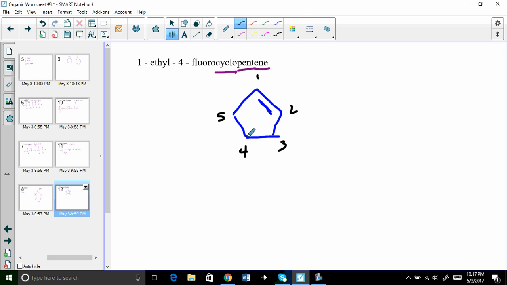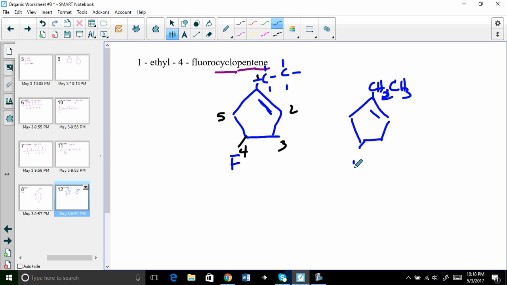3-fluoro means on this fourth one, there's a fluorine. I should go back to blue. I'm going to redraw this. There's a fluorine. And then 1 means on this one, there's an ethyl group, which you can either do like this, or you can do like CH3, CH2, CH3, and then okay, so there's